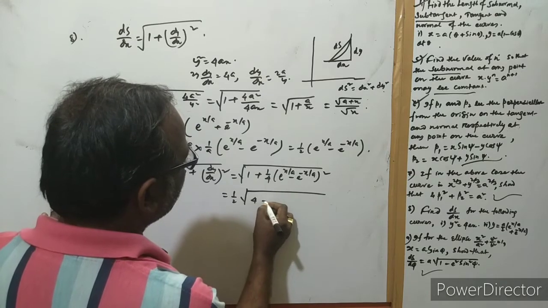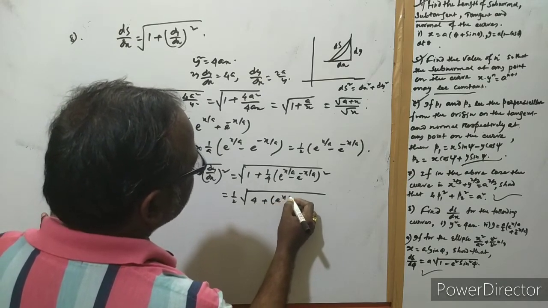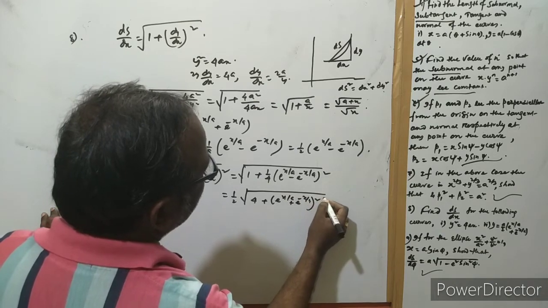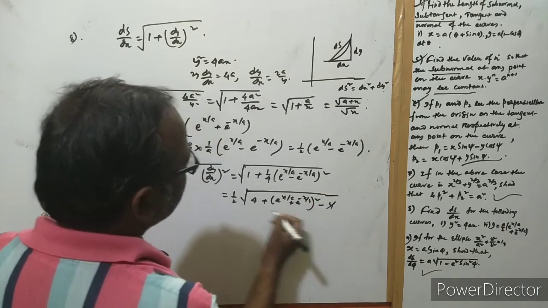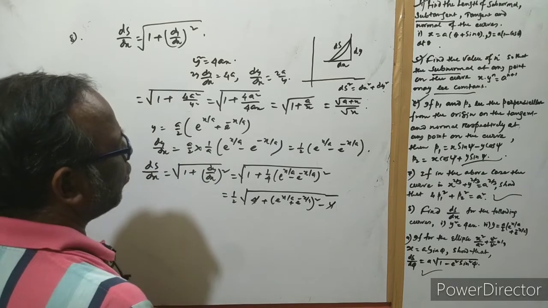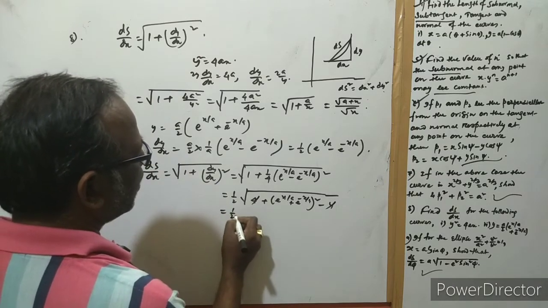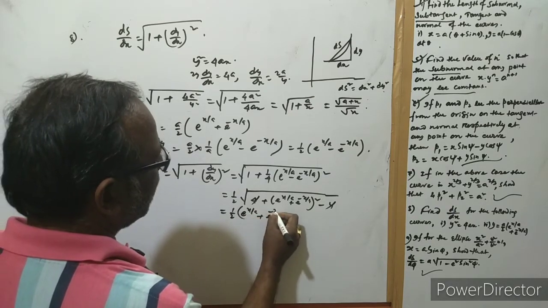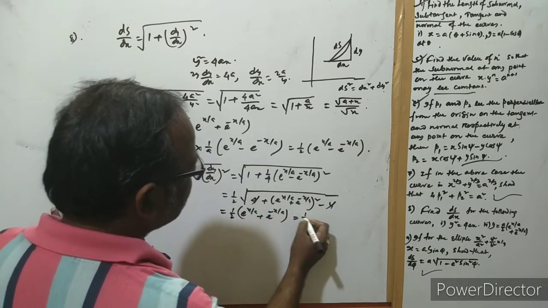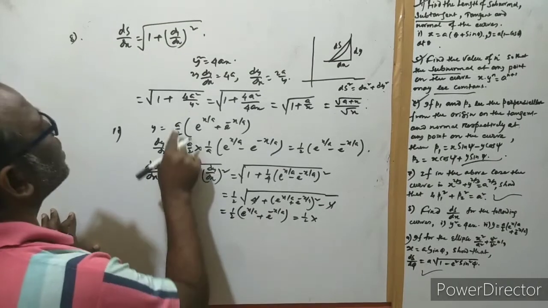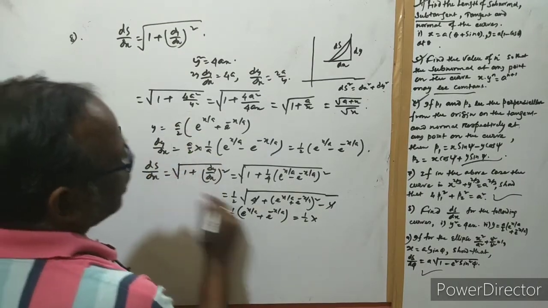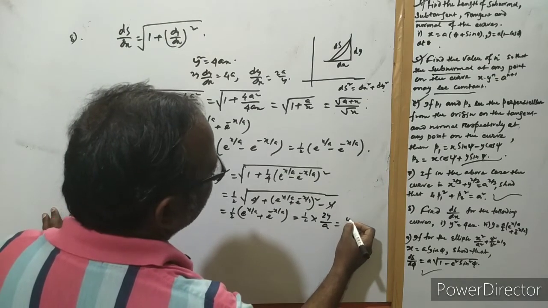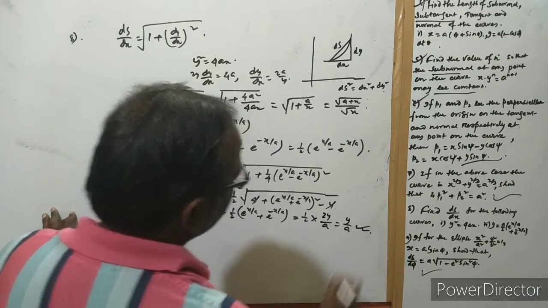So this is 1 by 4 of (e to the power x by a plus e to the power minus x by a) whole square, and this is minus 4 actually. So 1 by 2 times e to the power x by a with a minus x by a, so 1 by 2, and this is equal to 2y by a, so y by a. Okay,